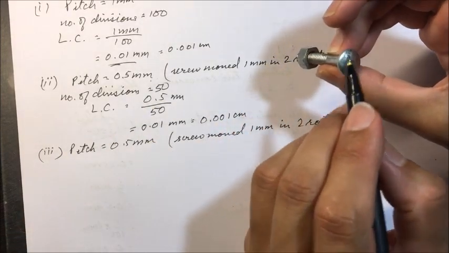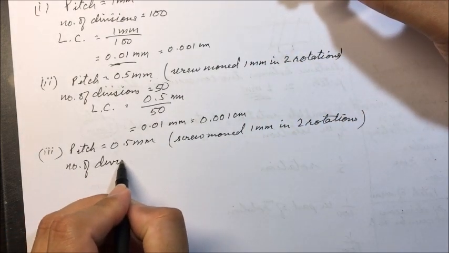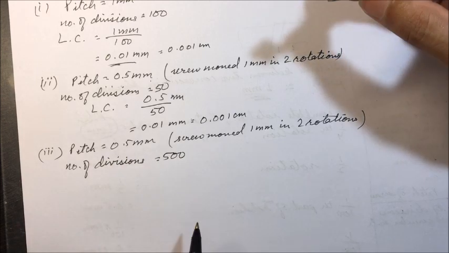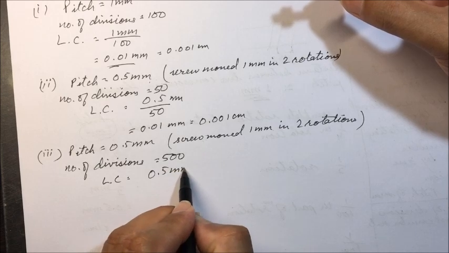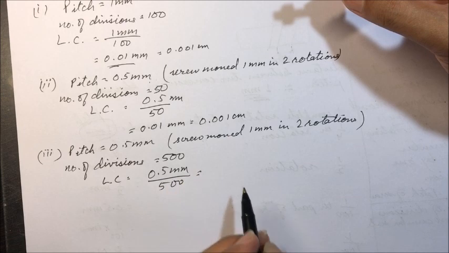Let the number of divisions be 500 this time. Number of divisions equals 500. So this time least count will be 0.5 mm divided by 500, and it comes out to be